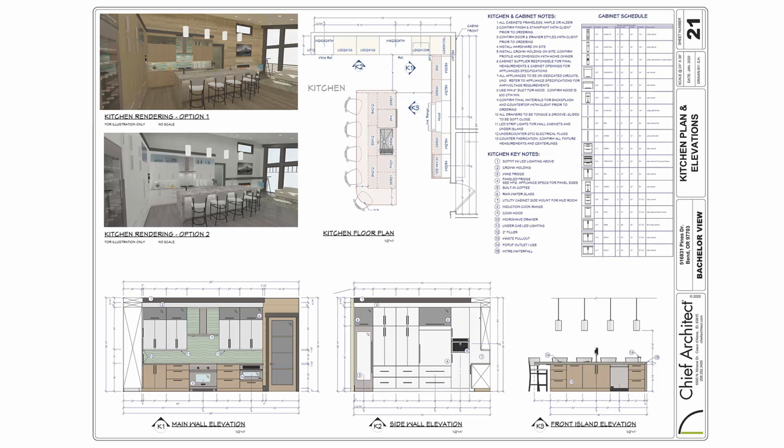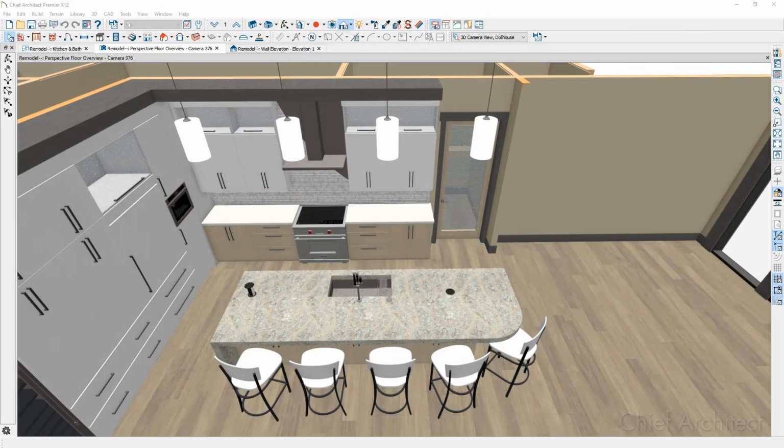Now in the last segment of the video, let's go ahead and take a look at how to create style options for the design. The Style Palette tool in Chief Architect allows you to save configurations for wall cabinets, full height cabinets, base cabinets, the backsplash, countertop, and then room materials, and you can easily apply that to create a room scene with different style looks.